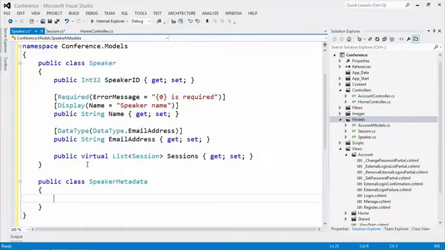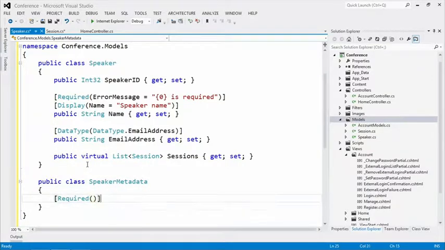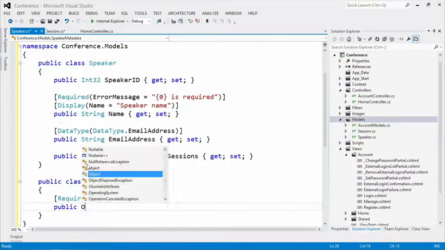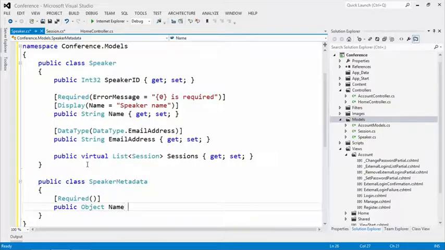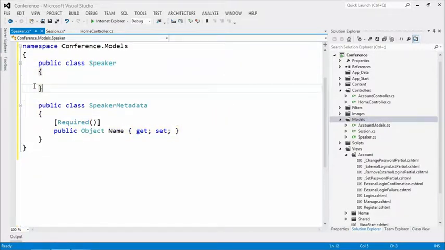Inside of here, just put in all that annotation. I'm going to make it easy on myself: Required, boom. Then public object Name, like that. I put that off into a separate class because I can't modify what Visual Studio has created. And then in my partial class, which would look like this,